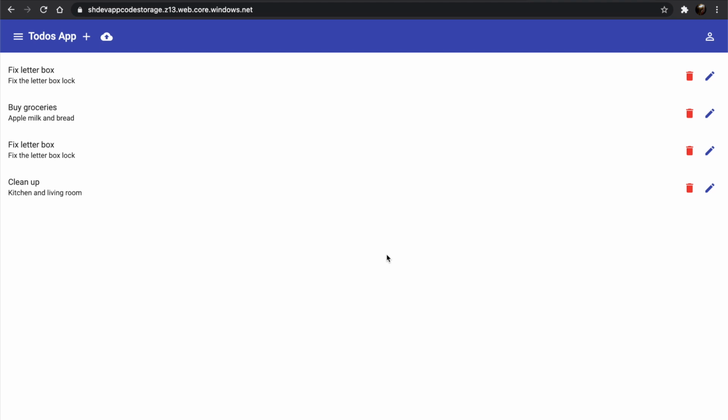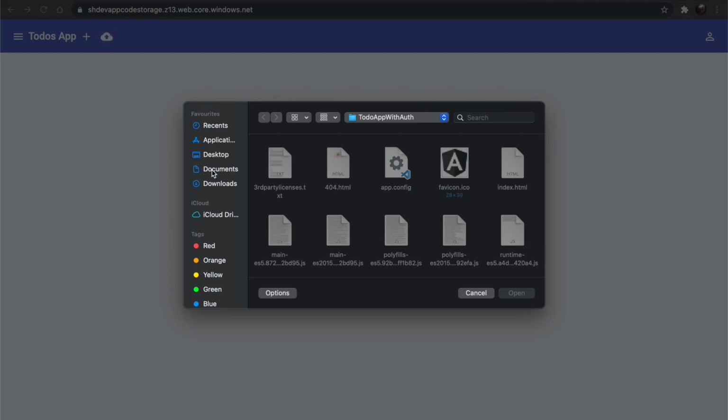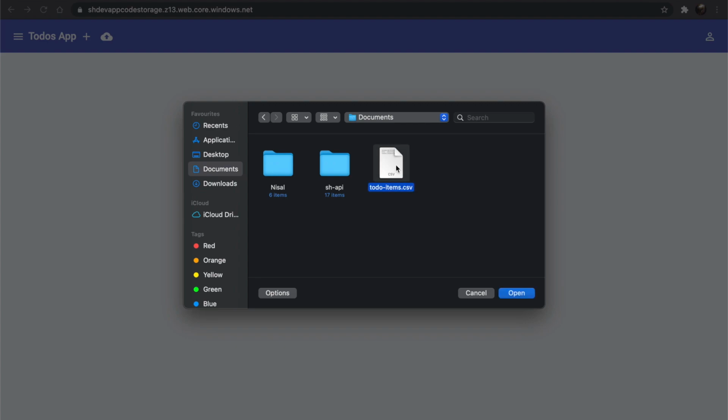And now if you go back to the web app and do a refresh, it won't show you any to-do items. That's because get to-do items will filter to-do items by the user ID, and we are no longer using the dummy user ID. So let's create a few to-do items for this user ID by importing to-do items.